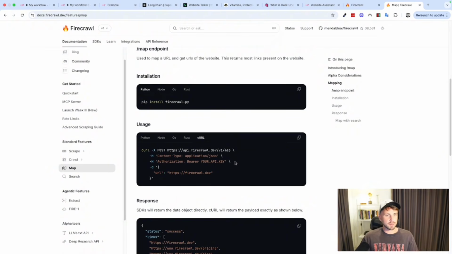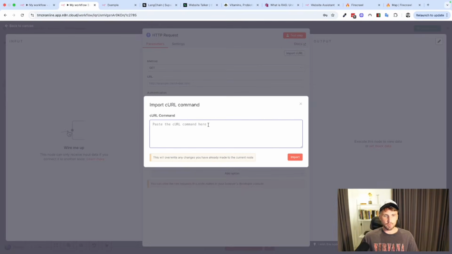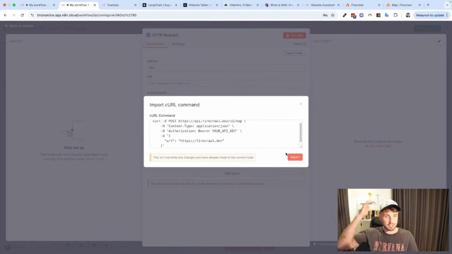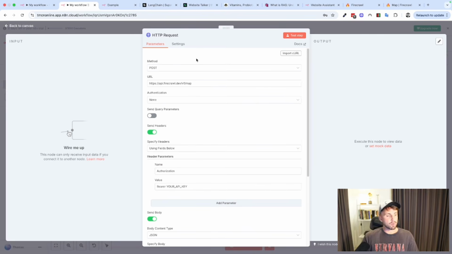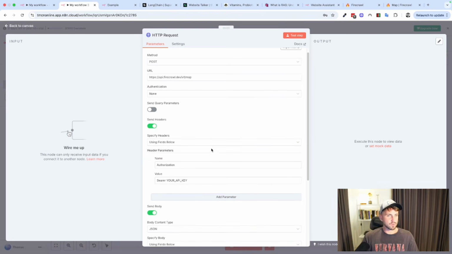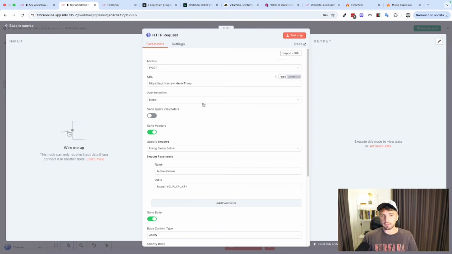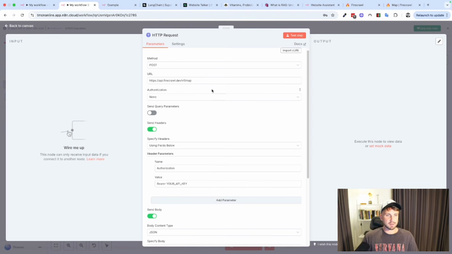And something you can do in N8N is you can actually just copy the curl here. So if you copy this, jump over, import, and then just paste it in, which is really, really useful actually. Click import. It will now create that HTTP request for you. And what you need to do is create your authentication. Now, I tried putting the API key here, but for some reason it never worked. And then I figured out what you can do, just looking through YouTube and reading through the docs, is you can create an authentication here using headers, because this is header authentication for the API